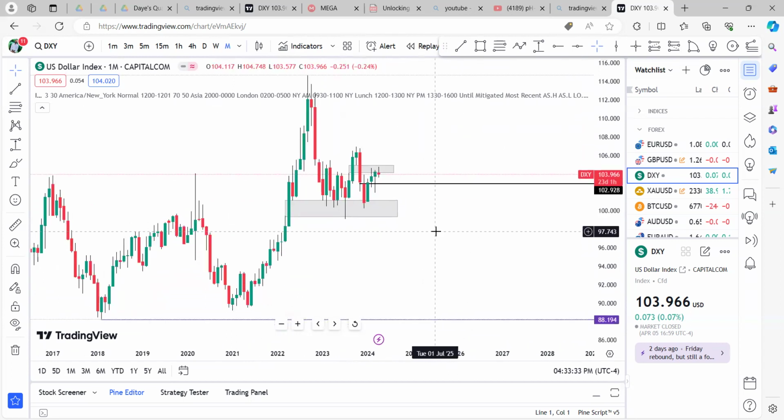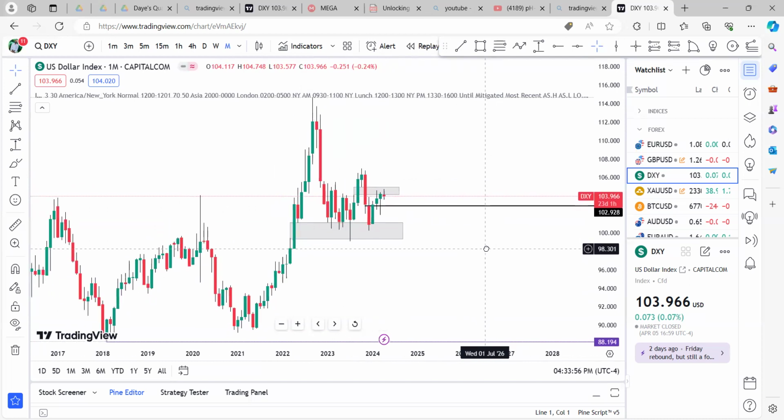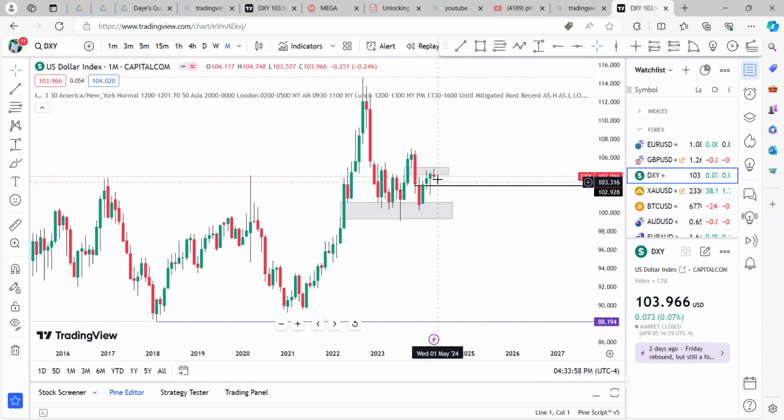But we all don't know. I don't know what price will do, so we are anticipating. As long as a candle hasn't closed below this fair value gap on the monthly time frame, it still remains bullish on the DXY. It still remains bullish on the DXY until we see a candle trade through and close below this fair value gap on the monthly. That is where our bias on the DXY will change from bullish to bearish.